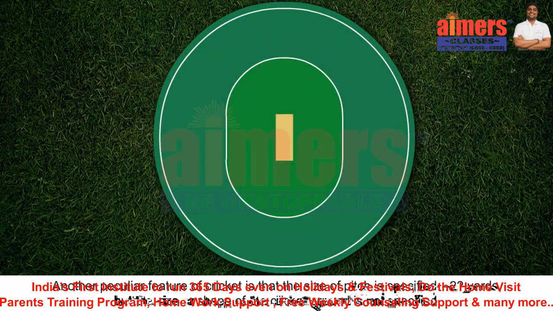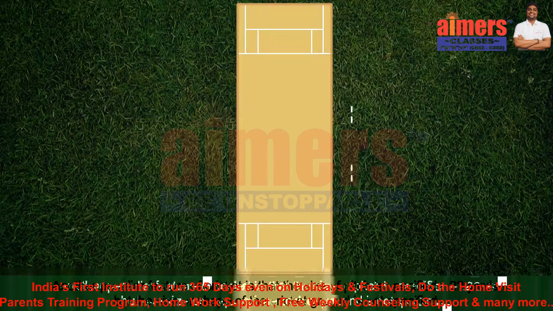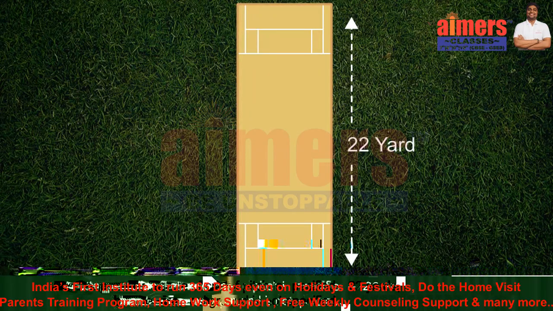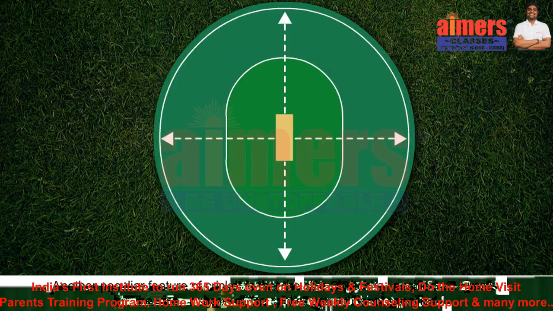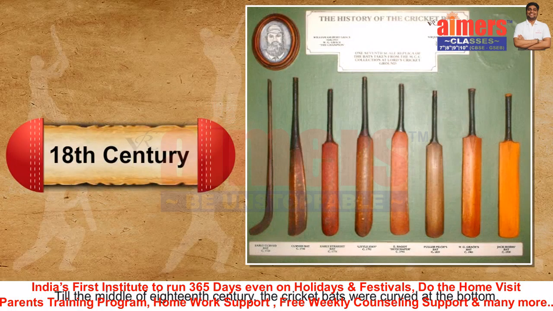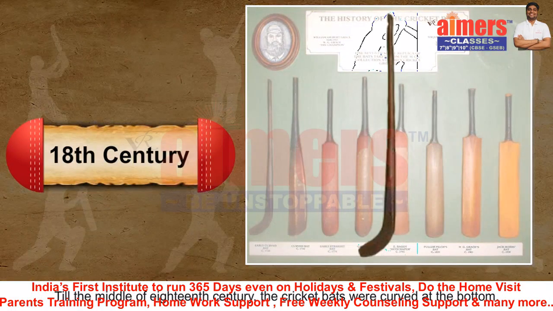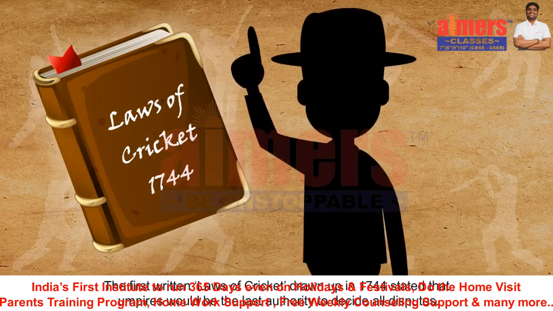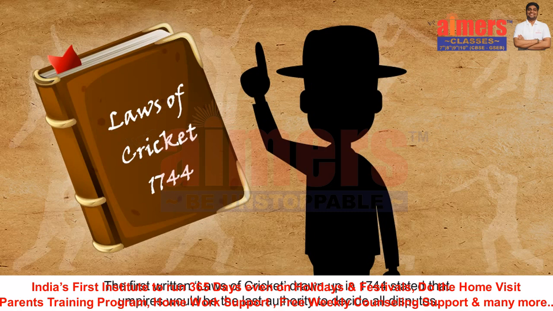Another peculiar feature of cricket is that the size of the pitch is specified, 22 yards. But the size or shape of the cricket ground is not specified. Till the middle of the 18th century, the cricket bats were curved at the bottom. The first written laws of cricket, drawn up in 1744, stated that umpires would be the last authority to decide